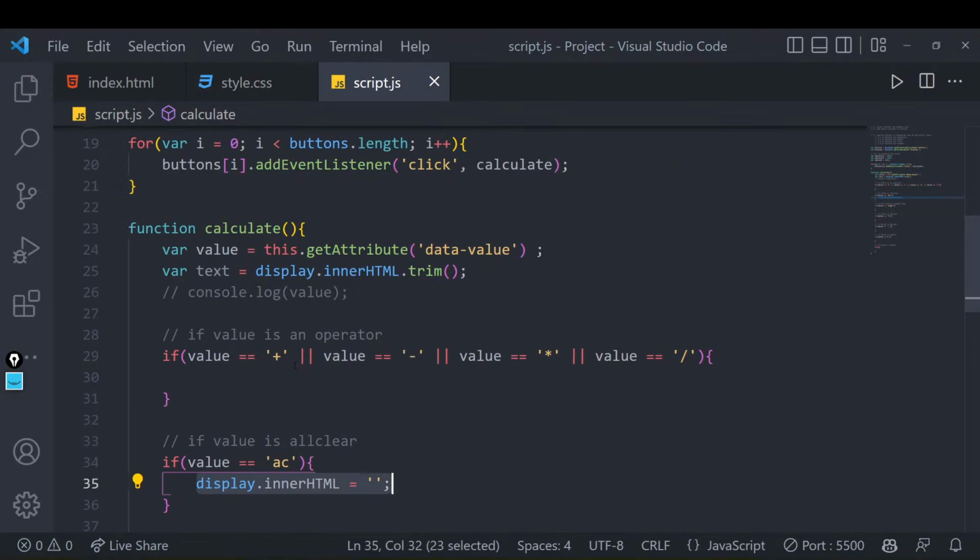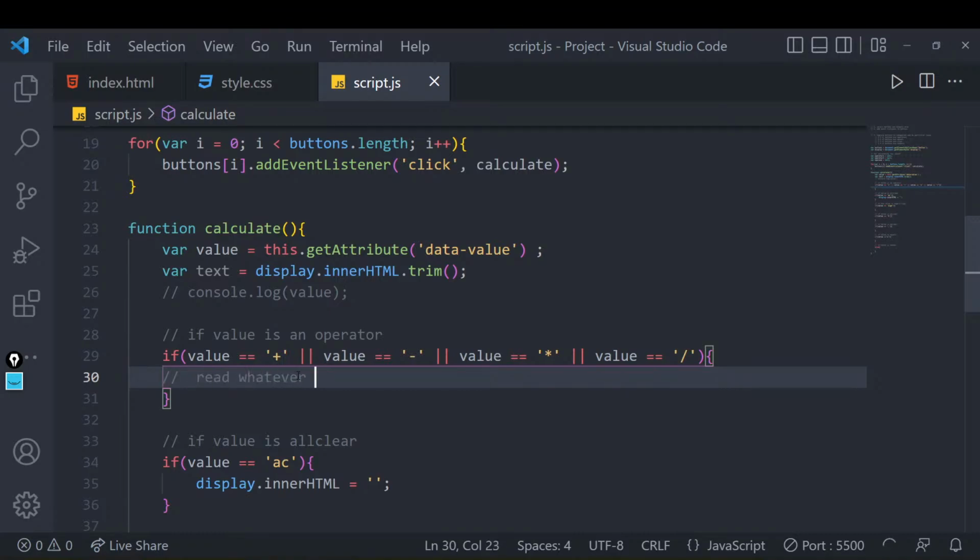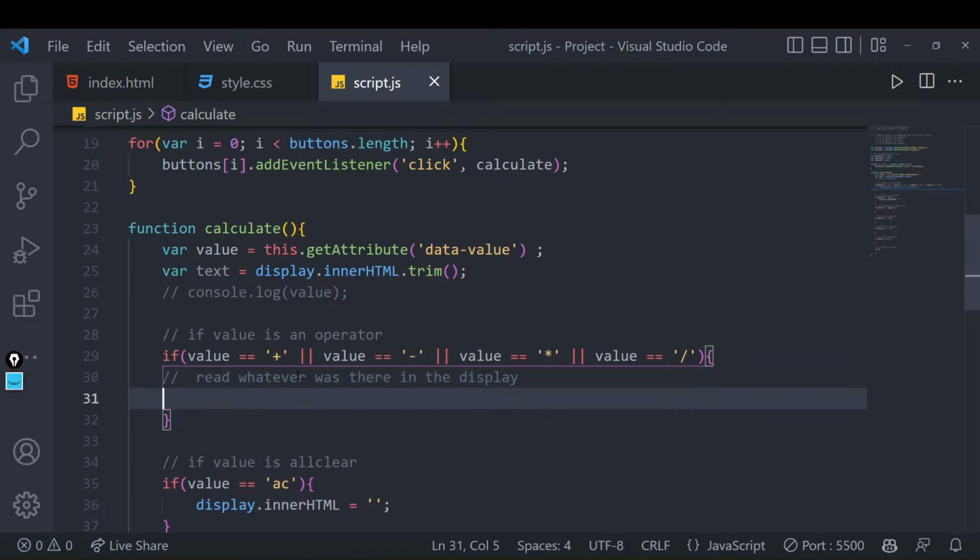Now, if this is making sense, let's come to the trickiest part. That is, if we have entered the operator, we want to read whatever was there in the display, because obviously if you have pressed any operator, that means you have given your operand one.